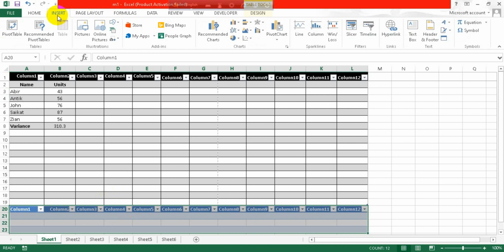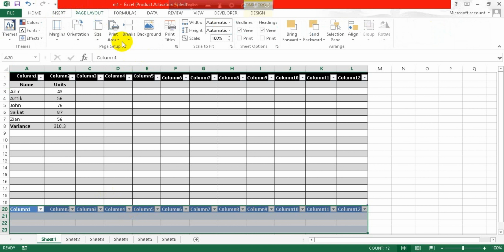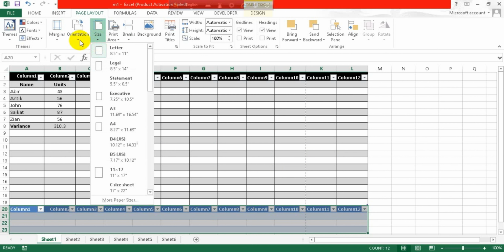and then go to the page layout option and you can click on add to print area for adding your print area here. Now row 23 is also selected for your printing, and you can change orientation from here, from portrait to landscape as you want to. Let's say we want to have it in landscape, so we can click landscape. You can change your page size from here,